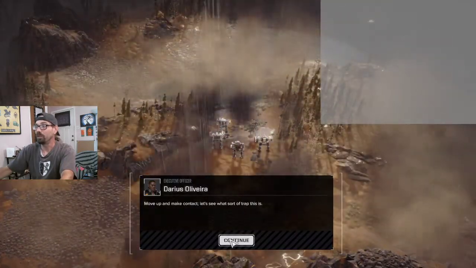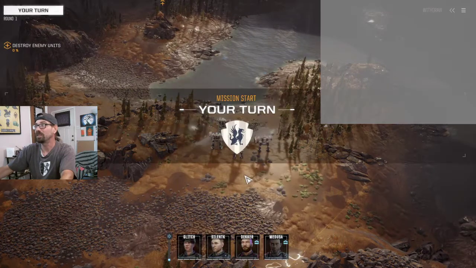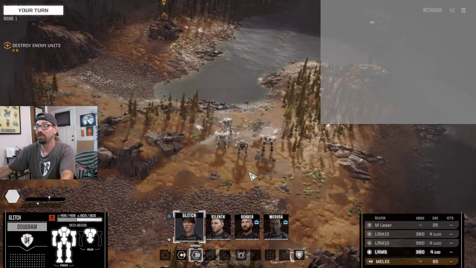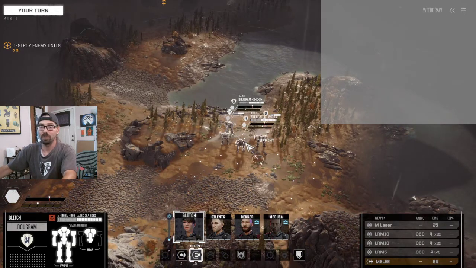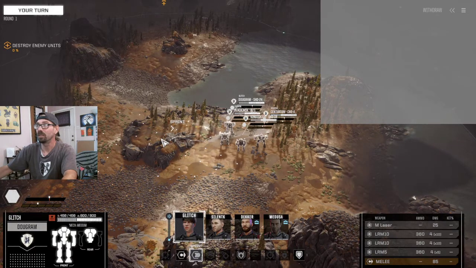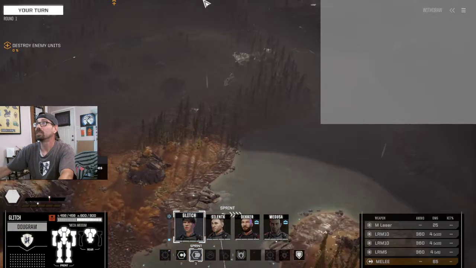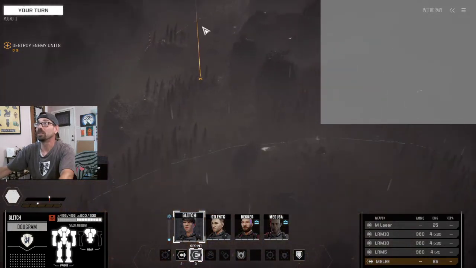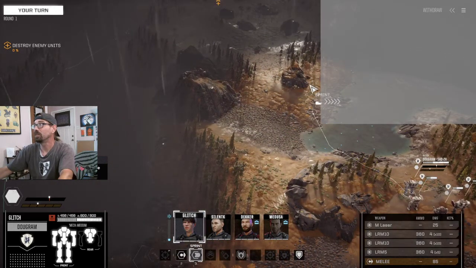Alright, we're in the area where the pirates were spotted. Move up and make contact. Let's see what sort of trap it is. Oh, at least we know it's a trap. Anything like this before. Okay, so what was it? Alt, it just said? Well, that doesn't really change too much. So objective is over here. Alright, well, if we know it's a trap, at least we're